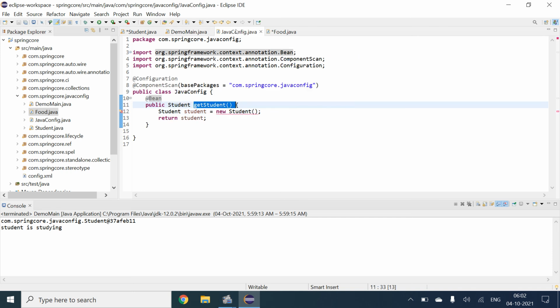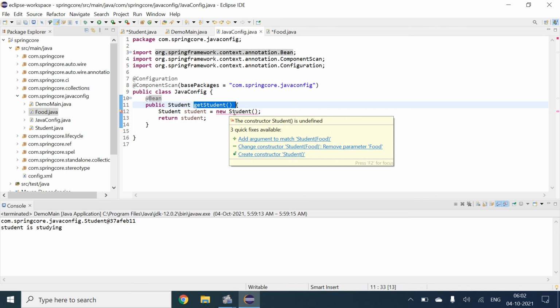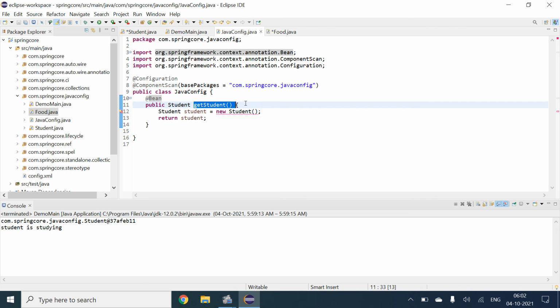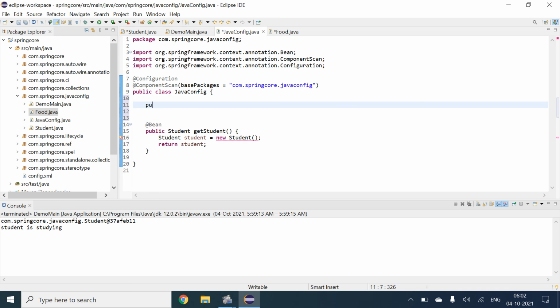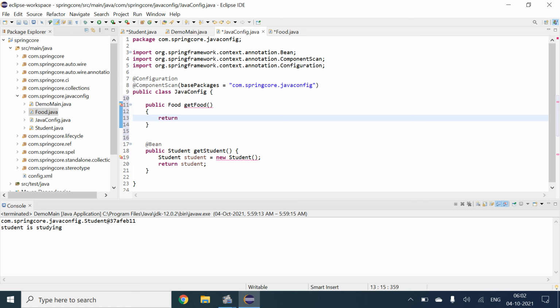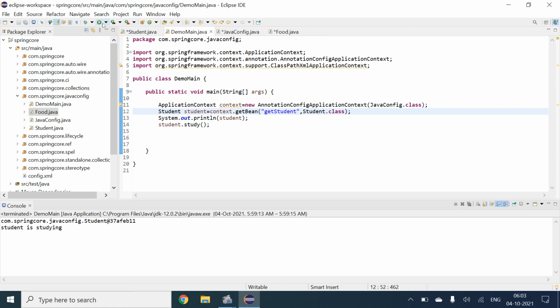It is showing an error because of getFood. And simply we run the program.